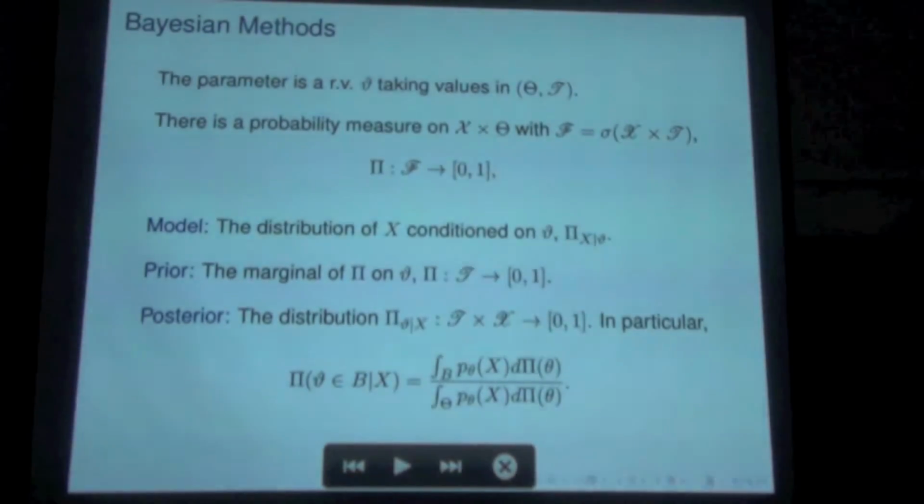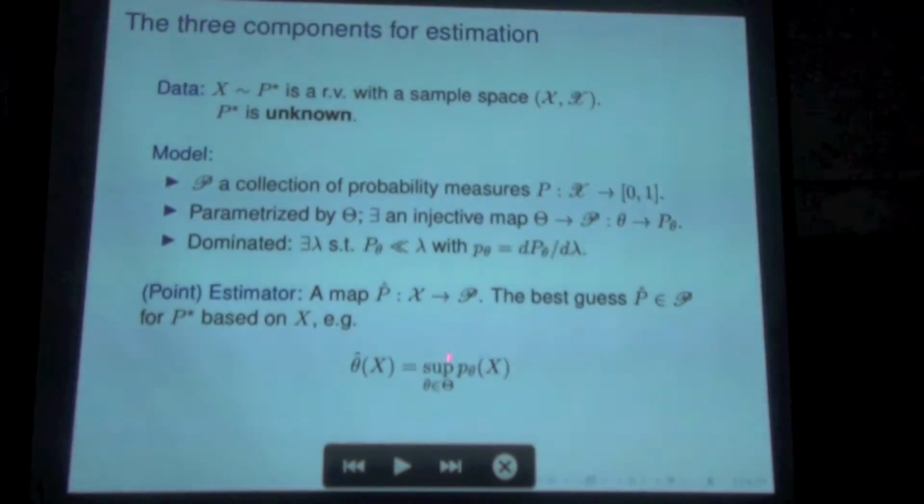Was the last formula on the previous slide maximum likelihood? Yeah. For example, one of them is maximum likelihood estimators, but there are many other ones. What is lambda? It's some number. No, lambda you can consider, for example, any